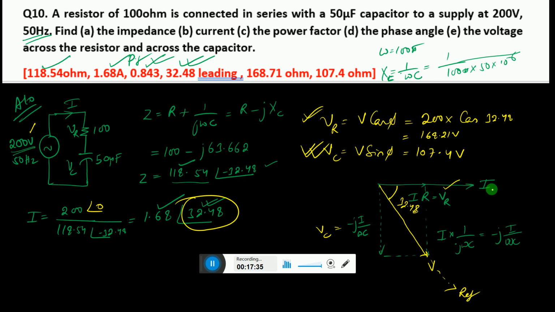Also we understand the phasor diagram and why the current is taken as reference. From the current we get the value of the voltage angle; taking the voltage as reference and getting the current is not possible. But later on we can say that if the voltage is the reference, the current is leading by an angle of 32.48.